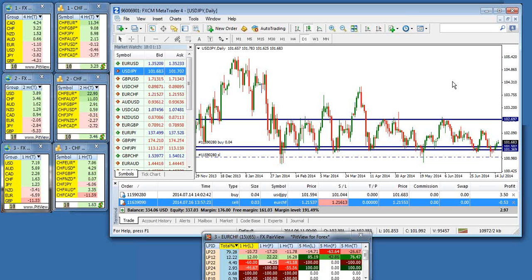Going through that 3-step method, I kind of found a trade that I was already looking at this morning based on the strength and weakness on the Swiss versus the Euro. I was able to pick a currency, pick a pair, and pick a trade based on just doing that top-down 3-step approach using PitView. Another way to use PitView is confirmation,